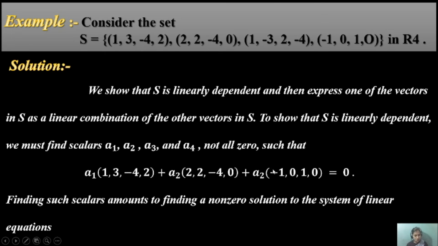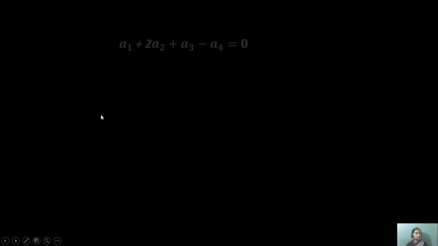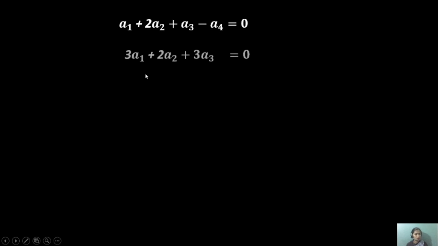This added to the equation, a1 + 2a2 + a3 - a4 will be generated. Considering the first row, we add it, after that the second row, then the third column, and the fourth is also considered. Then the values will be put into the form, and a3 and a4 will be generated.